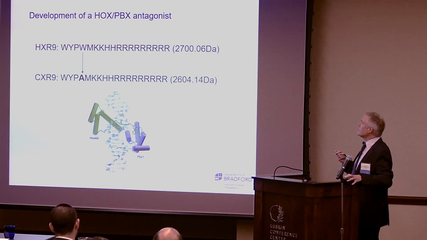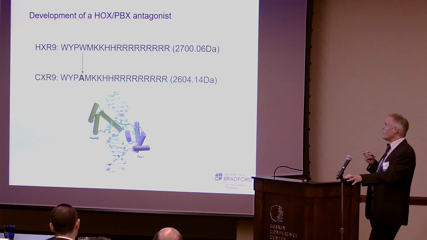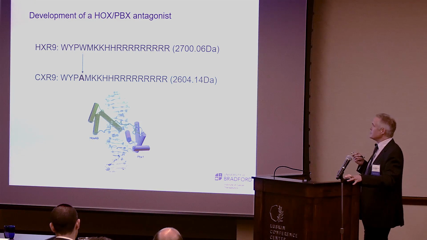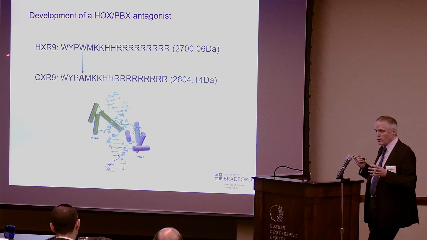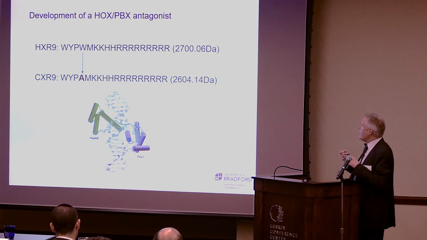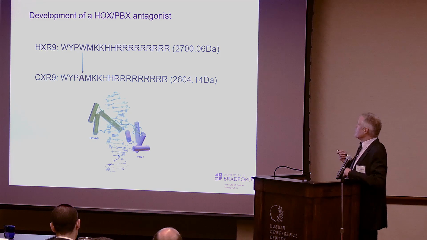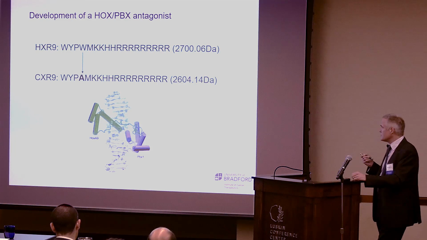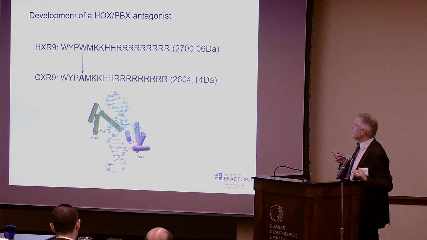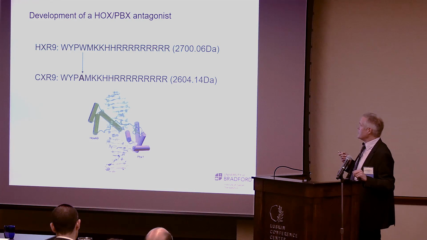So to do this, we developed a HOX PBX antagonist. So this initially was a peptide which disrupts the binding between HOX and PBX. And it is simply the hexapeptide sequence of these 6 amino acids on HOX, which bind to the pocket in PBX, together with a polyarginine sequence, and this part of the peptide simply allows it to be taken up by